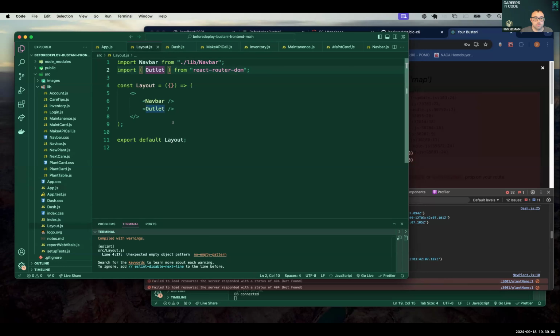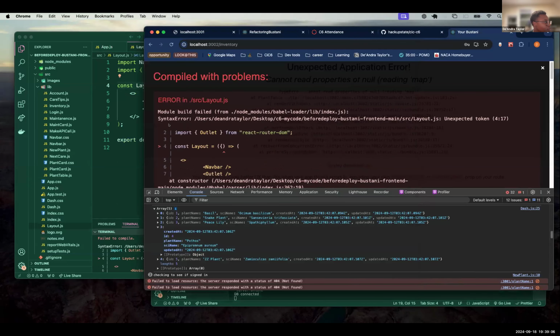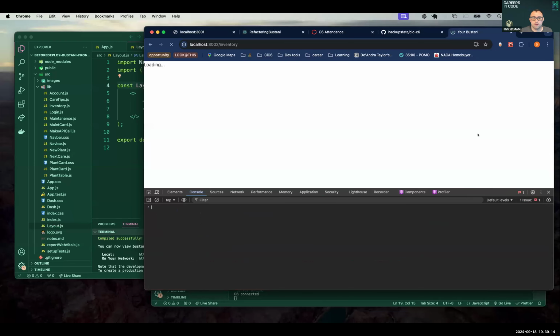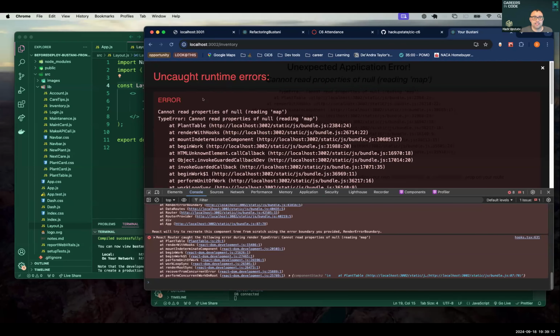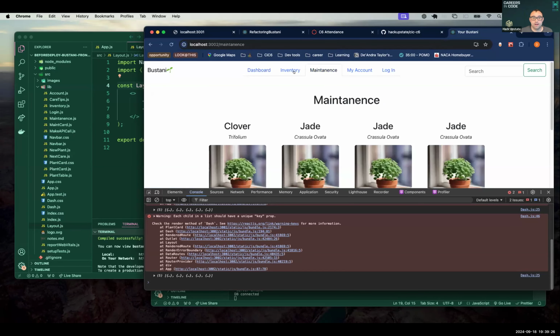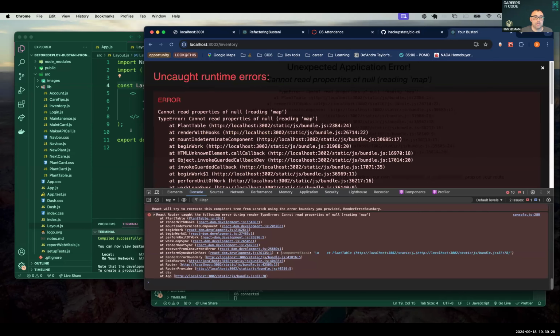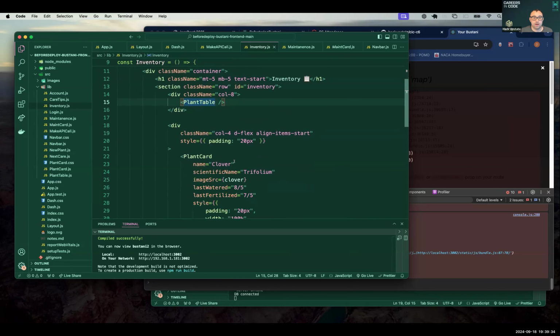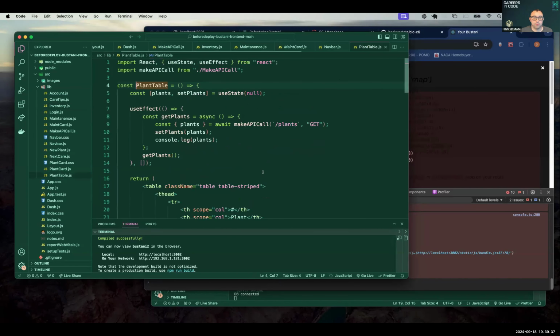Okay, what's this new error back there? Oh. I was in the middle of trying to, but that shouldn't cause that issue. Okay, this is actually a different issue. If we go away from inventory, this works fine, and we go to another page, that works fine. Inventory though is breaking because, and this is another good one for everyone to see, in the plant table, this data has not been loaded yet.